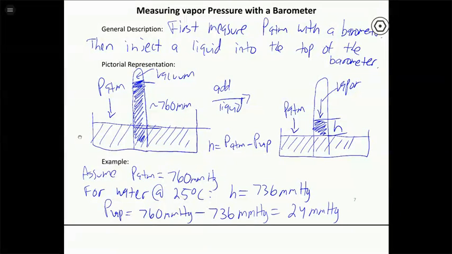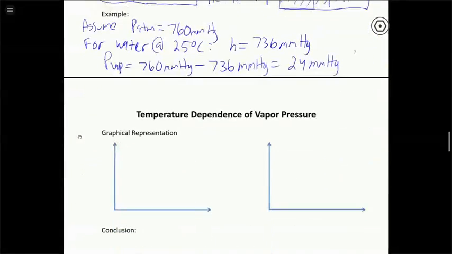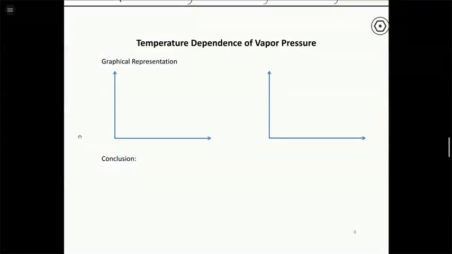All right, that just gives you a little bit of background on how we measure atmospheric pressure and what it is. What we're going to start talking about now, what's going to get us into some of the problems we're going to be doing in this section, is the temperature dependence of vapor pressure. When we first introduced this in Chapter 8, we said that the vapor pressure depends on the temperature, and we left it at that. Let's talk in more detail about what that dependence is.